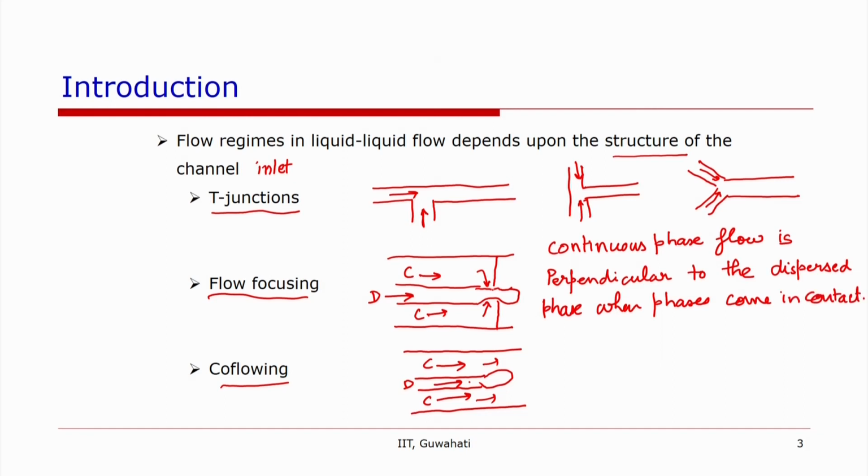So, in this place the flow is parallel, but when they come into contact, in the flow focusing device, the continuous phase flow becomes normal to the dispersed phase flow. In the co-flowing devices, the flow is